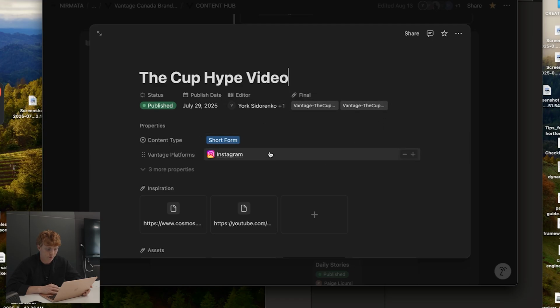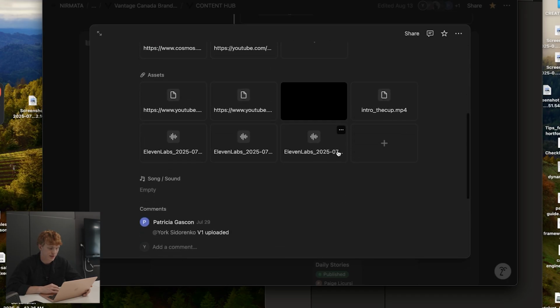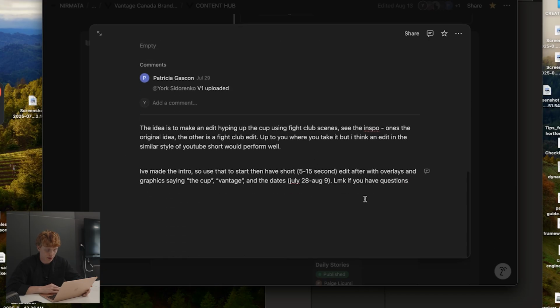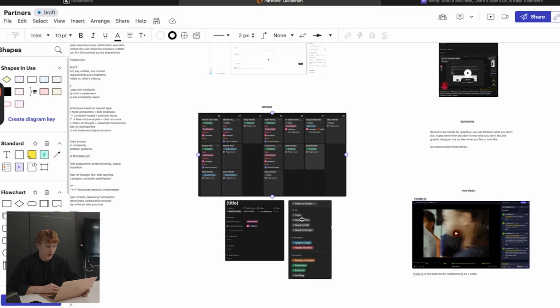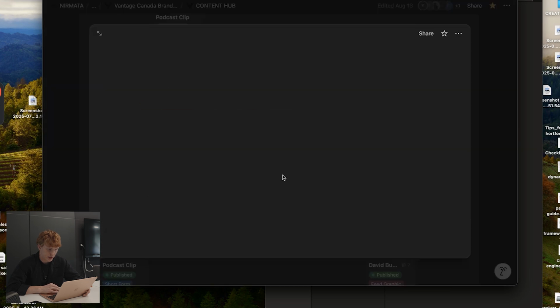So the platform, Instagram, content type, short form, the editor, where we'll assign who the editor is. The final versions, when it's done, we'll upload it there, and then the inspiration, the assets, etc. And then I'll give a brief in the page. And then once it's ready to be posted, let's see here.